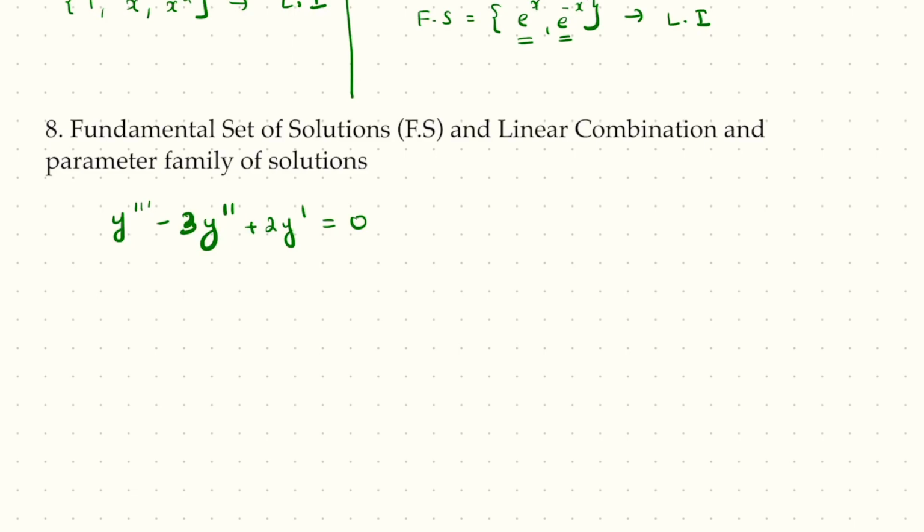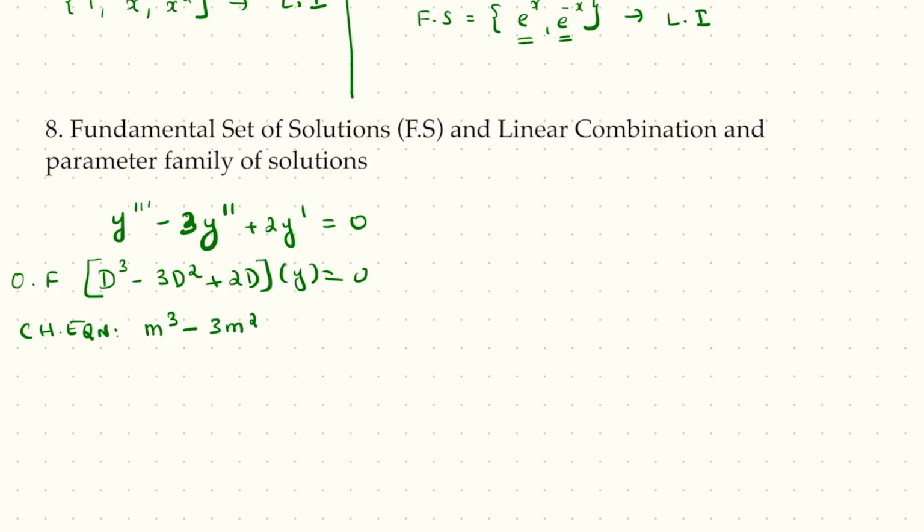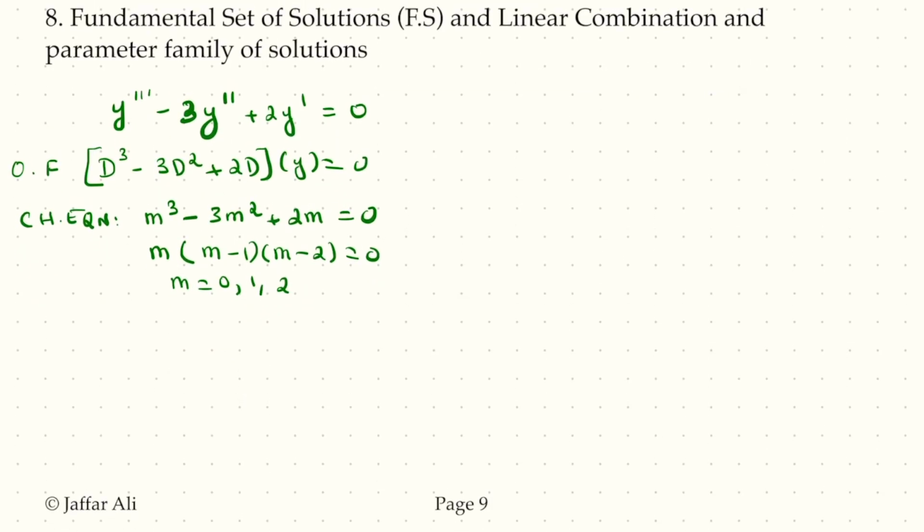Whose operator form is D cubed minus 3D squared plus 2D of y equal to 0. The characteristic equation is m cubed minus 3m squared plus 2m equal to 0. If I simplify, this is m times m minus 1 times m minus 2 equal to 0. That gives me m equal to 0, 1, 2, and therefore the fundamental set of solutions,